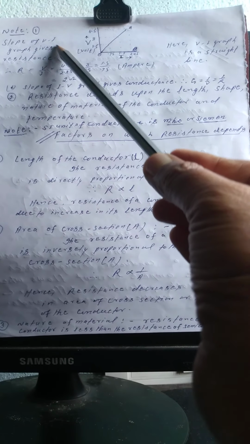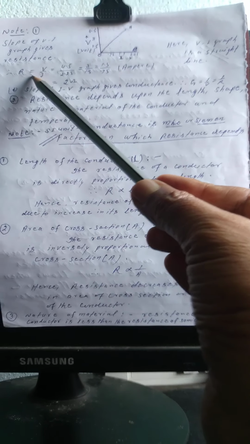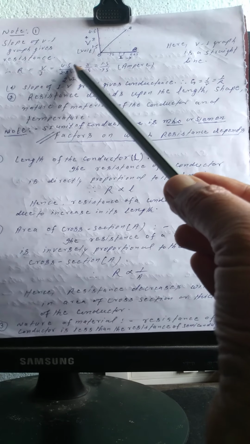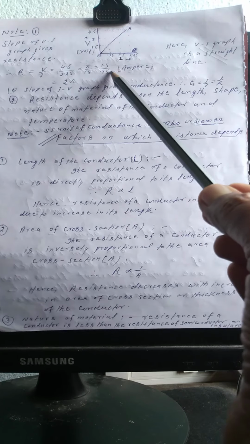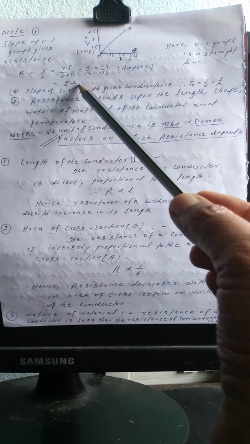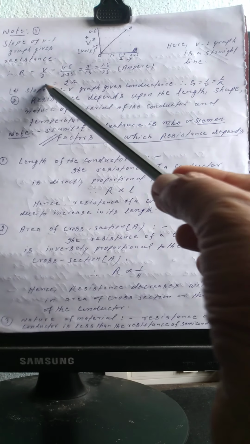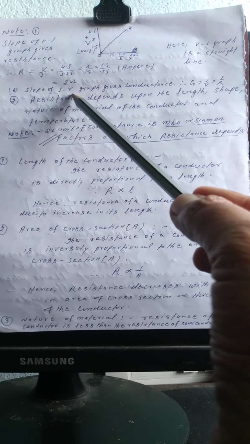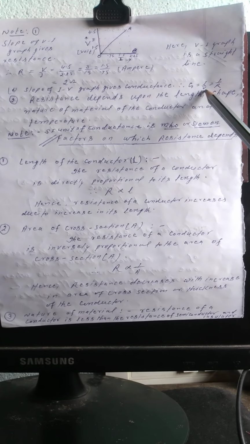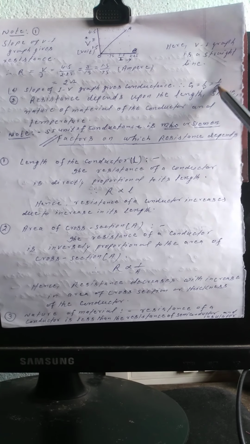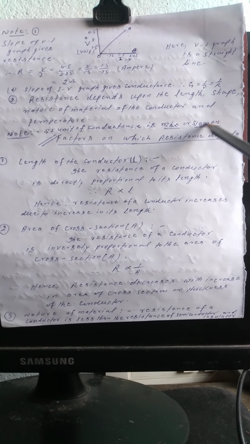Now, slope of the VI graph gives resistance, and R is equal to V by I. Here 4.5 divided by 2.25, that is equal to 3 by 1.5, or finally it is equal to 2 ohms. So the slope of the VI graph gives the resistance of the resistor, or the slope of the IV graph gives conductance. Therefore G is equal to I by V, or this is equal to 1 by R. Now SI unit of conductance is mho or Siemens.